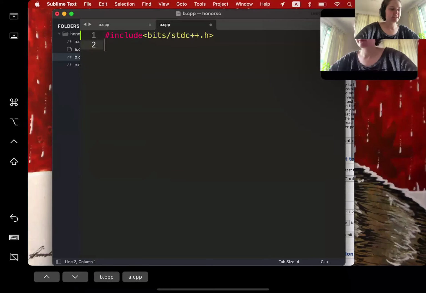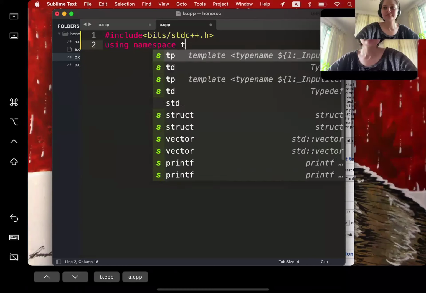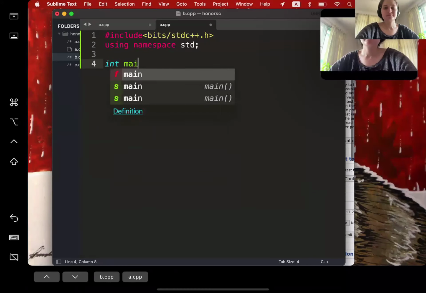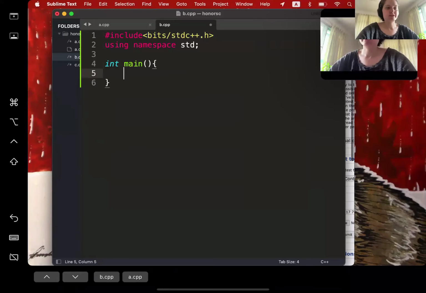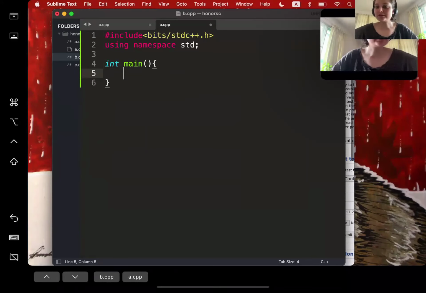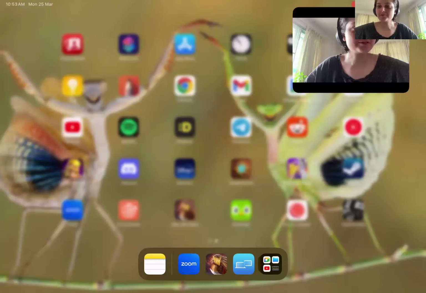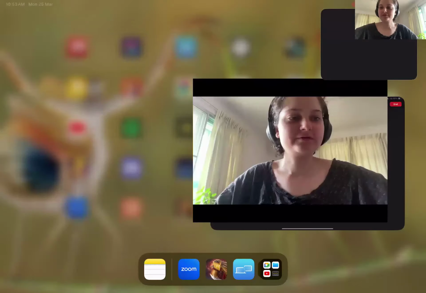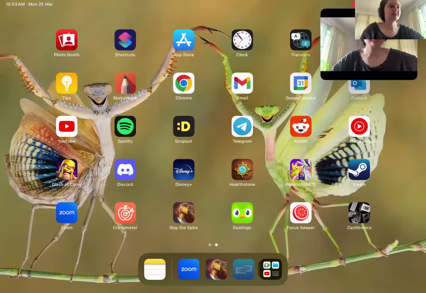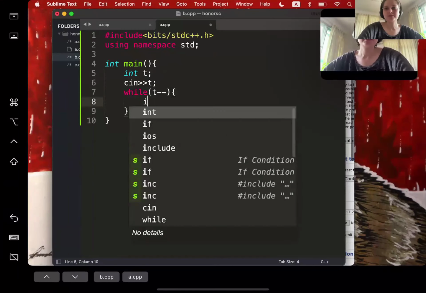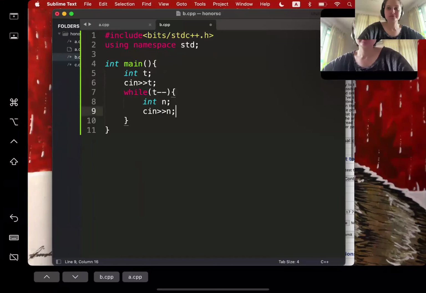The trusty bits library, and in our namespace. I'm going to define our main function. And I'm sorry, I just keep checking on Zoom that everything is working as it should. Yes, okay. And then this one also has a bunch of test cases, so I'm going to do the same thing I was doing before. And then read the